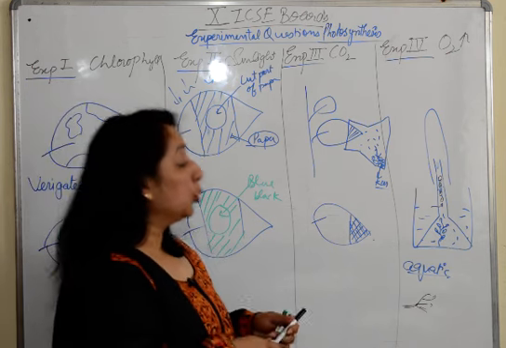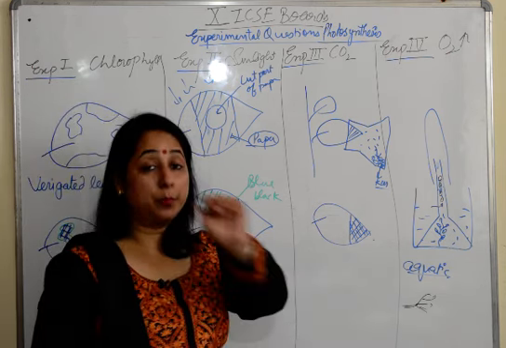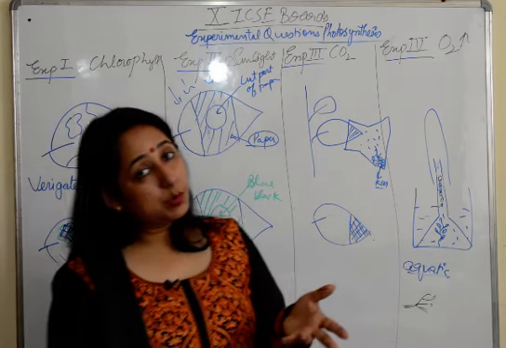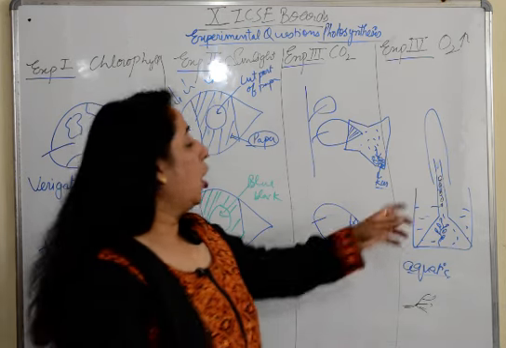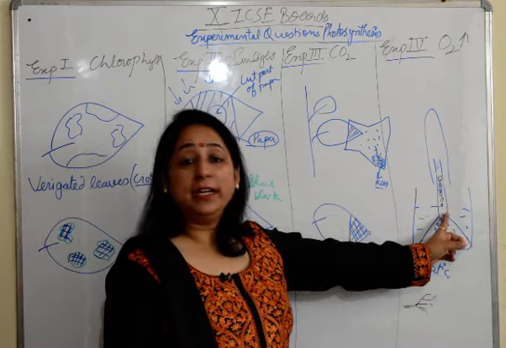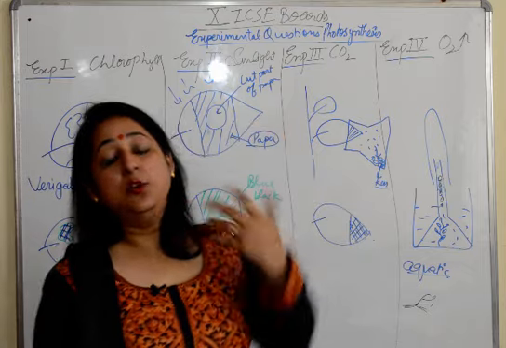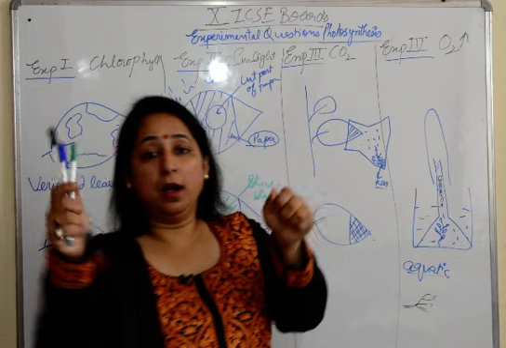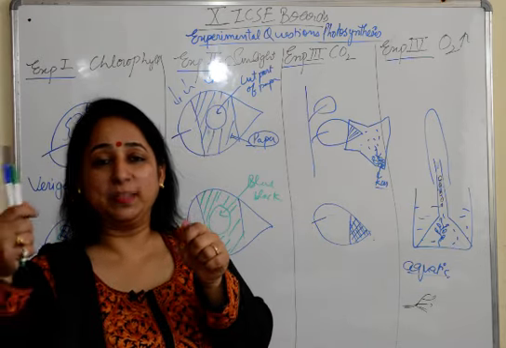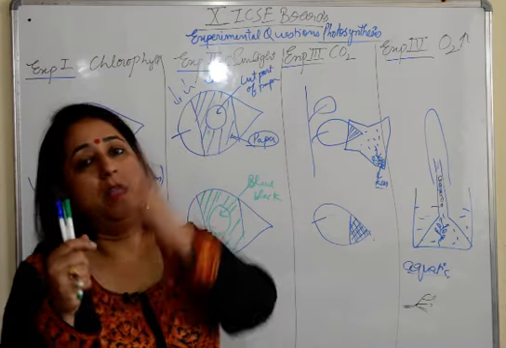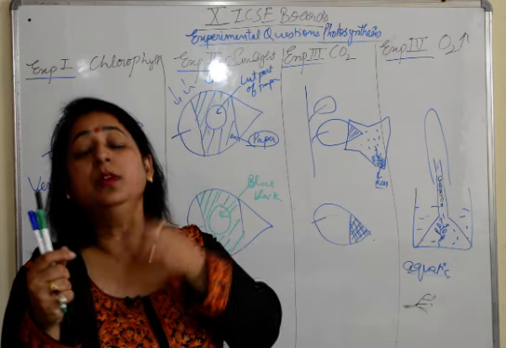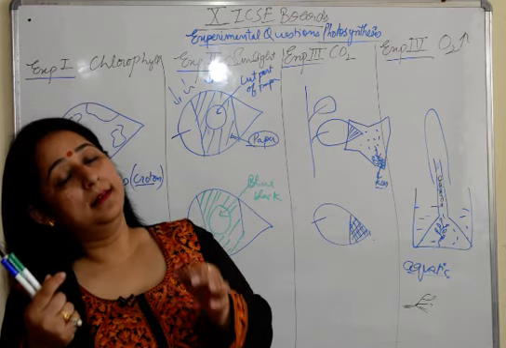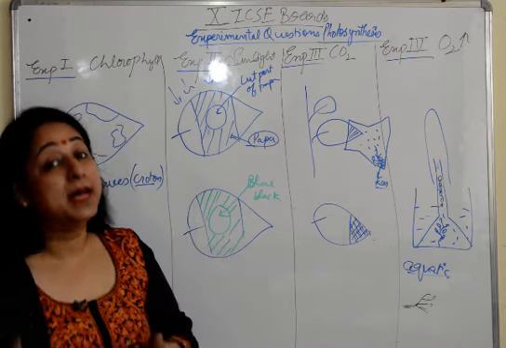So this experiment proves that oxygen is released during the process of photosynthesis because this aquatic plant is undergoing photosynthesis. When it photosynthesizes, oxygen is liberated, gas is being liberated. There are bubbles. We know that it is a gas, but which gas? So we'll take out this test tube, bring a matchstick or a glowing splinter near it, and it will burn into flames with sound. That shows that oxygen was there in the test tube because oxygen supports burning.